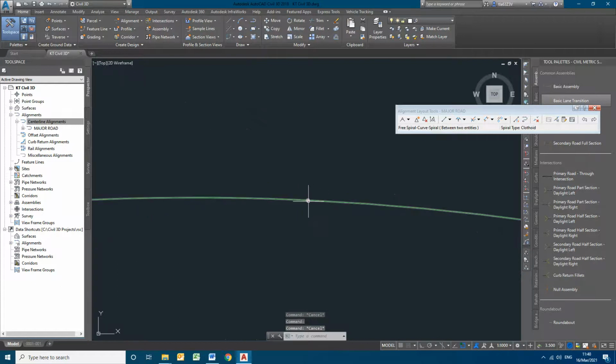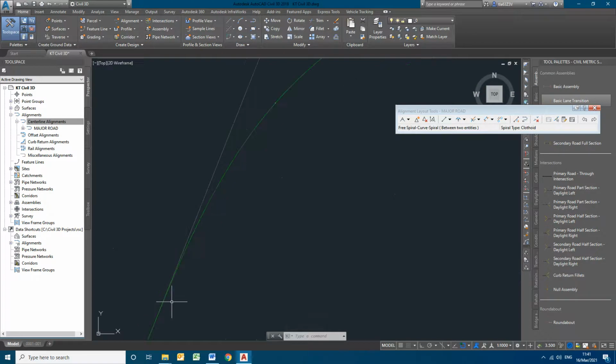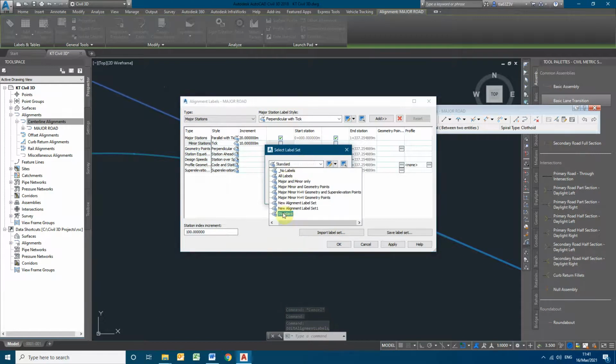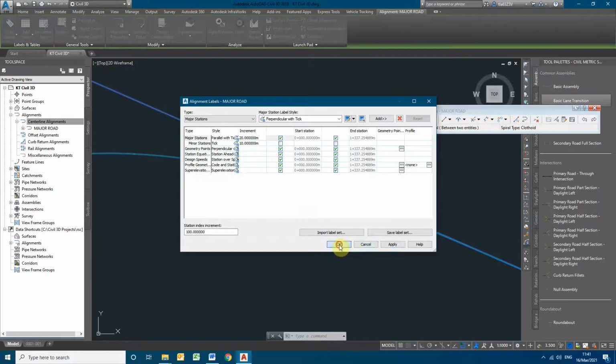You can see this is the actual curve here and here. So this is the transition to here. After that the actual curve starts with the radius of 100, and here you can see the curve end. This is the transition. So here I am not able to display the labels. Can I select all labels? Apply.